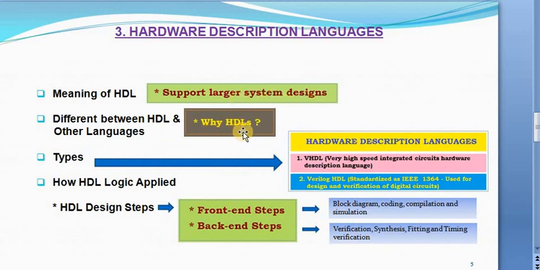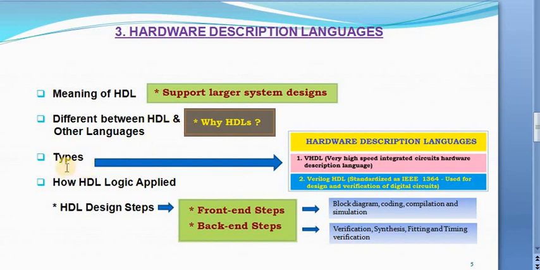This means it may resemble other programming languages, but it is specifically oriented to describe hardware structure and behavior. So the basic difference between HDL and other languages is clear: with traditional programming languages, there is mostly a serial approach to code execution. But in the case of HDLs, the representation is basically parallel operations.